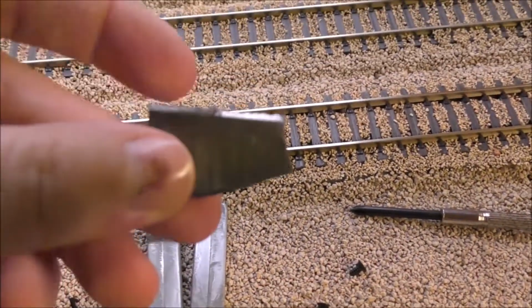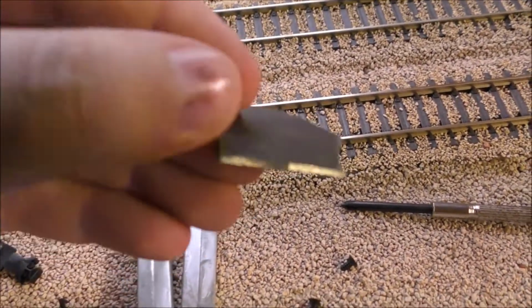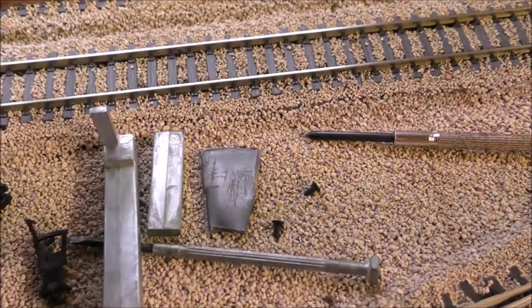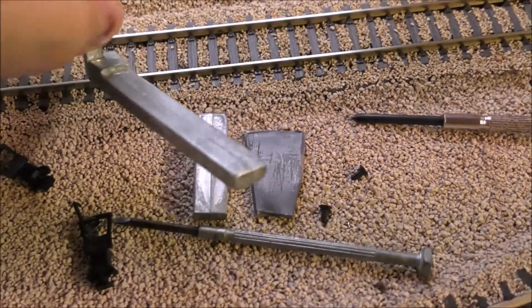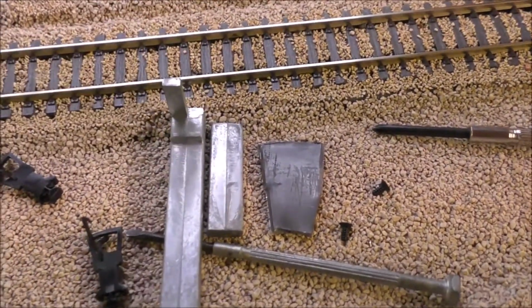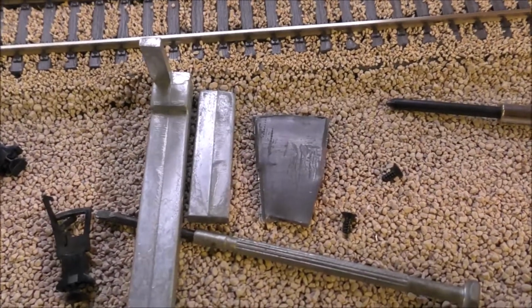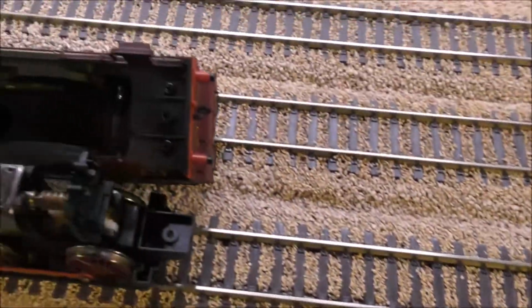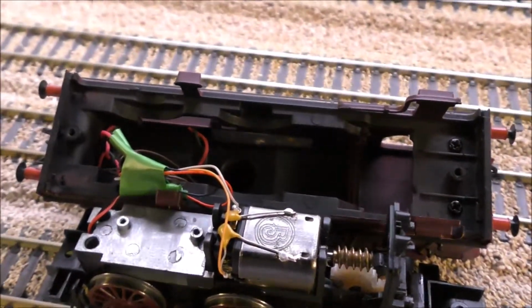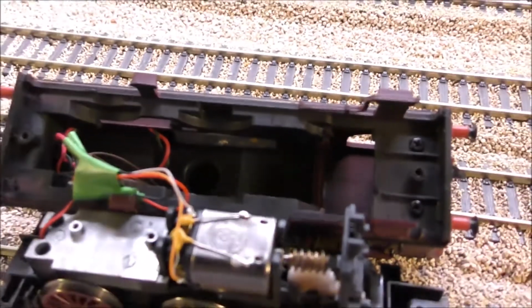This is part of some sheet lead that I cut and hammered flat so that I didn't completely lose the weight. I think that was one of the mistakes the guy at Harefield Road made. He removed all the weight and didn't reintroduce it, so it didn't have a huge hauling capacity. But reintroducing this, I think 1x1 bit of lead and 3x1 bit of lead has really put the weight back in,